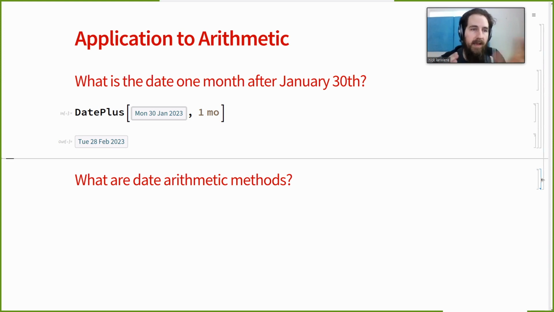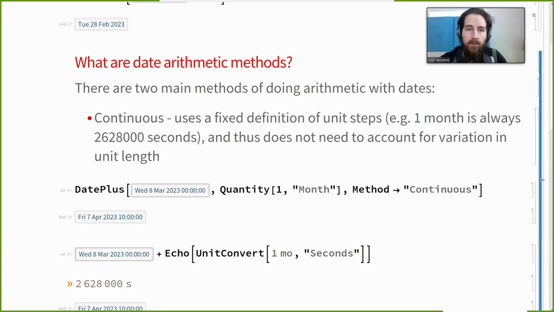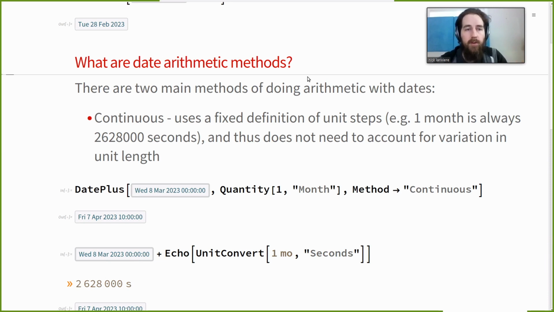So now that we have these abstractions for human understanding and timekeeping, we need to figure out how to deal with the fact that those irregularities cause problems when we're doing arithmetic. And so within date calculations, there's basically two camps of how you do arithmetic. Continuous arithmetic uses fixed unit steps, which says effectively that a month is always going to be